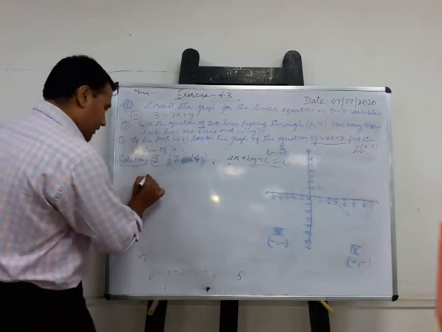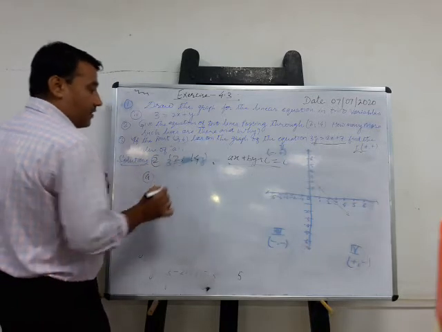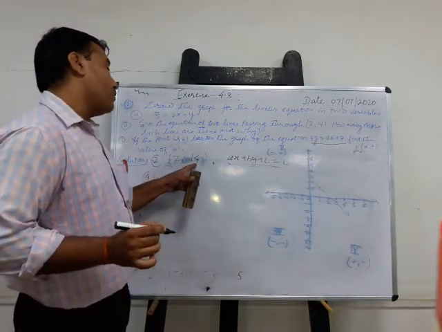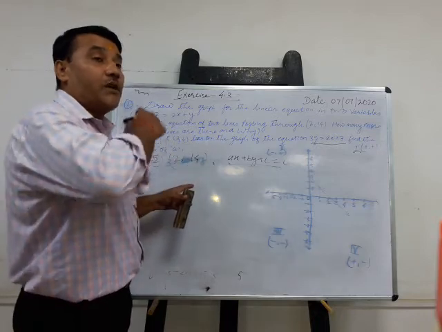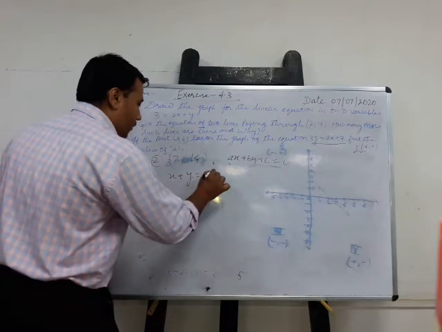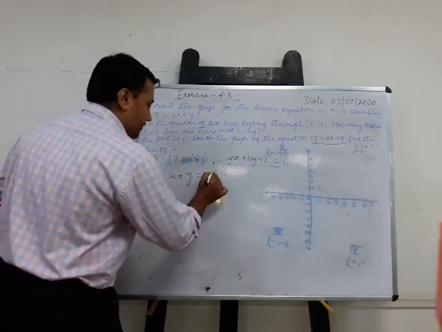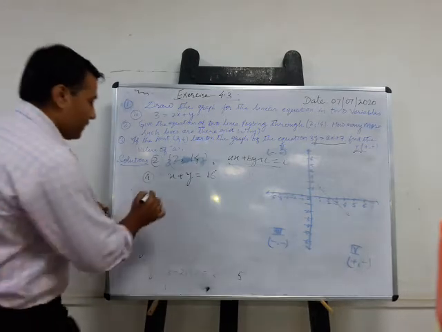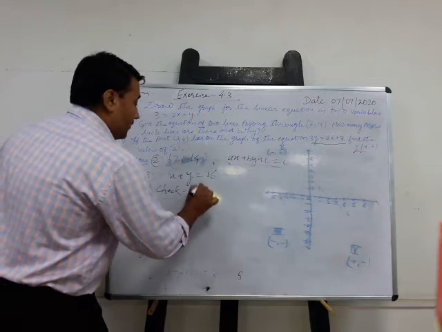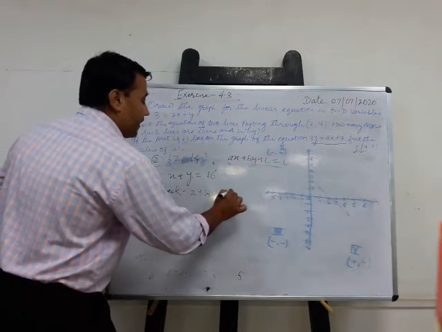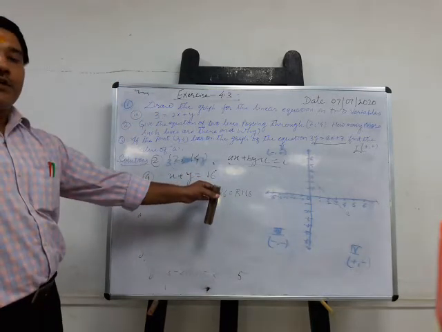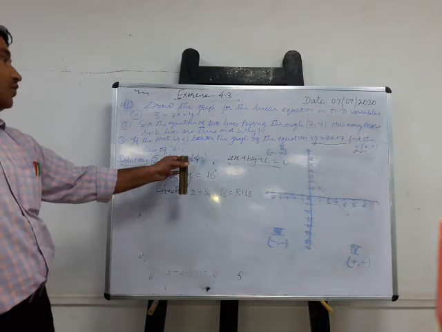So let us start. I want to write an equation wherein if you put x equal to 2 and y equal to 14, then its calculation must be equal to the right hand side. Let us start: x plus y equal to 16. Let us check. If you put x equal to 2 plus y equal to 14, then it is 16, and 16 equals the RHS. So this is one linear equation in two variables, using the point (2, 14).